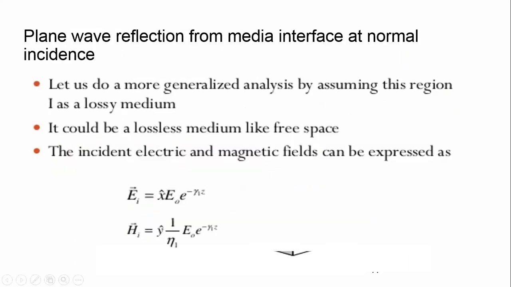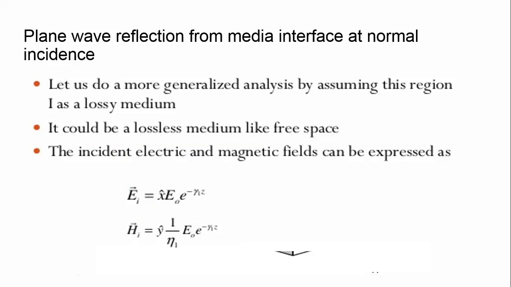Okay. Similarly, while you are talking about the region of the lossy and the lossless medium, if the lossless medium is there, then you can consider this is the free space. If loss is there, then you can consider the other medium, and the medium will be medium 1 and medium 2. Okay, so in those cases the electric and magnetic fields can be expressed, meaning the equation, how we can write that equation if we are in that particular mode.